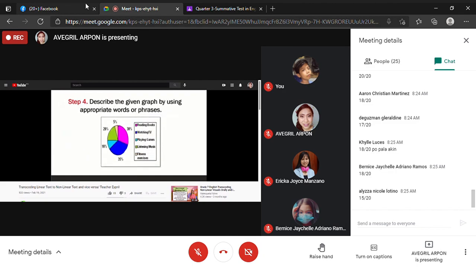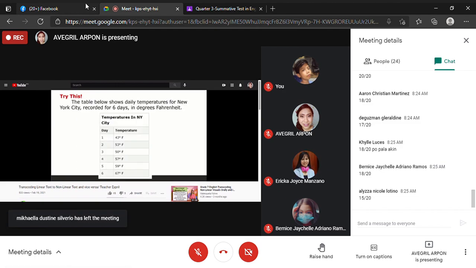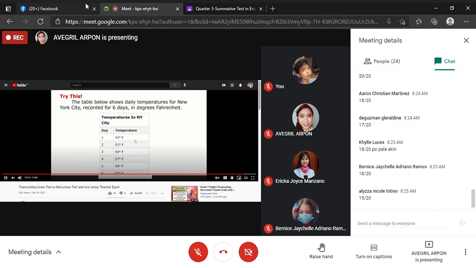Last step. Describe the given graph by using appropriate words or phrases. This time, you're going to transcode the non-linear text to linear text based on the data that you gathered presented in this circle graph. After knowing the steps in transcoding linear to non-linear text and vice versa, this time I want you to try this. The table